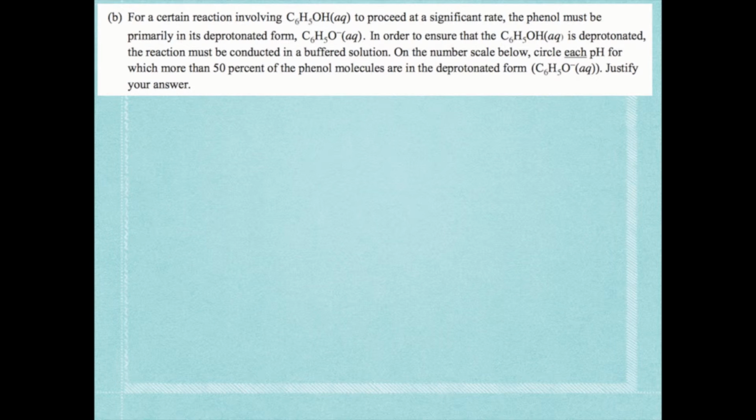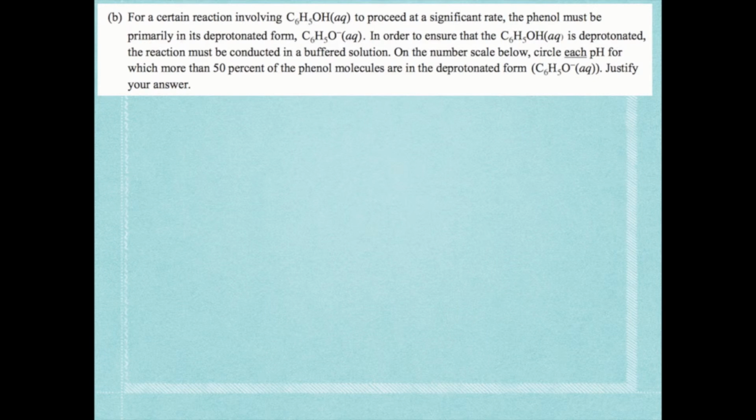Now it says for a certain reaction involving C6H5OH to proceed at a significant rate, the phenol must be primarily in its deprotonated form. So it must be C6H5O minus. In order to ensure that phenol is deprotonated, the reaction must be conducted in a buffered solution. On the number scale below, circle each pH for which more than 50% of the phenol molecules are in the